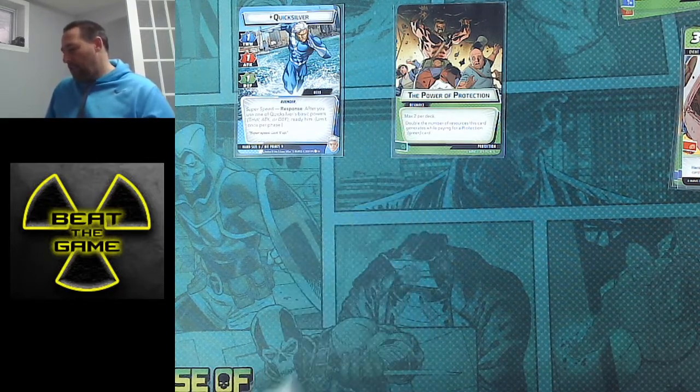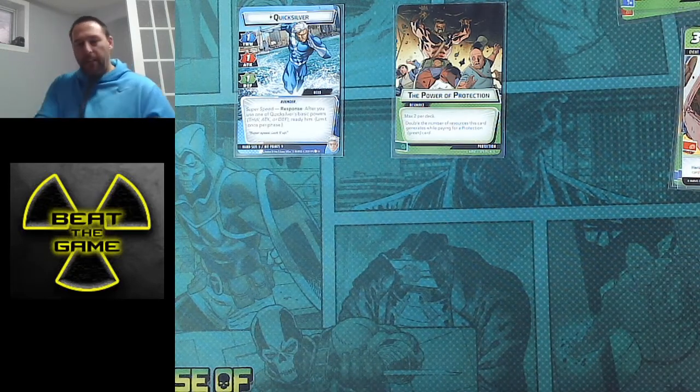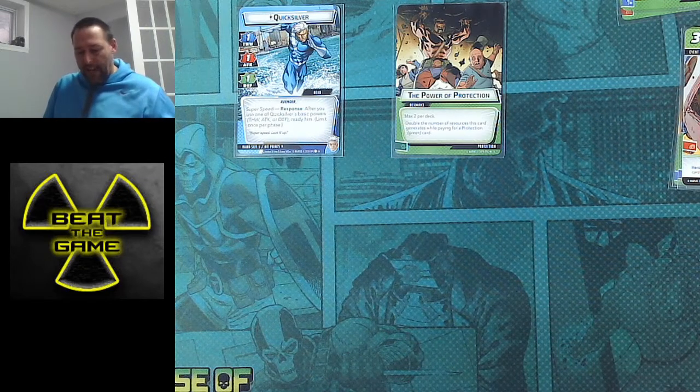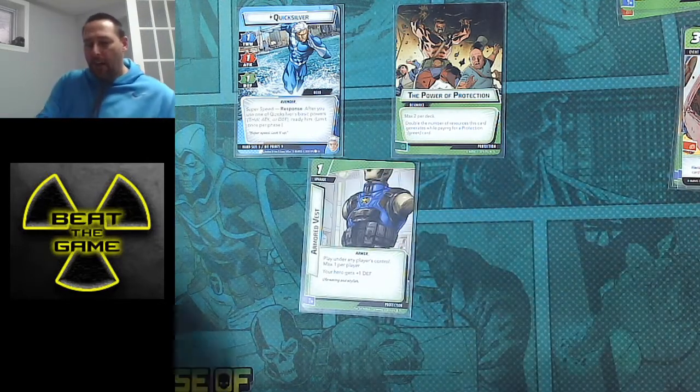So that is it for the support cards. There's not that many support cards in protection, so that was pretty quick. And both of them are pretty much always necessary. So med teams, definitely 1 or 2 of in your builds. And then let's look at how we make Quicksilver better at protection. All right, so the first card, obviously we're going to want to run, is the Armored